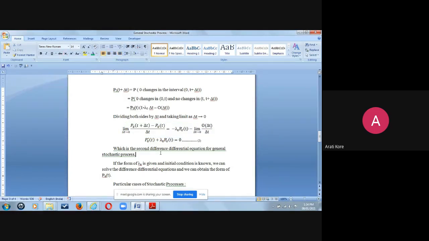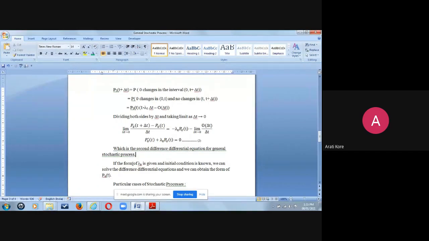Now, this is the second differential equation for the general stochastic process. Why am I calling it a general stochastic process? Because I am talking about the changes. Changes can be positive, can be negative. And in general, I am assuming that the rate of change is equal to lambda n. Now maybe we are going to see the particular cases of stochastic process. Okay, so